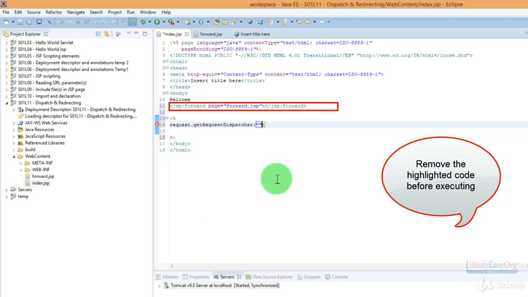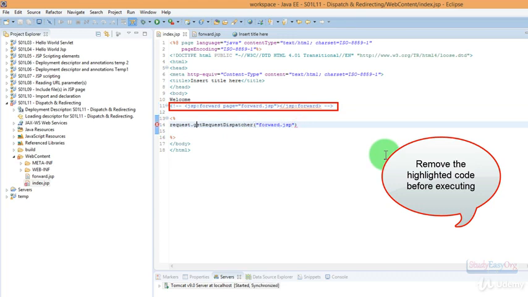In this argument we need to pass in the page to which we would be forwarding the request. So in here it would be forward.jsp,